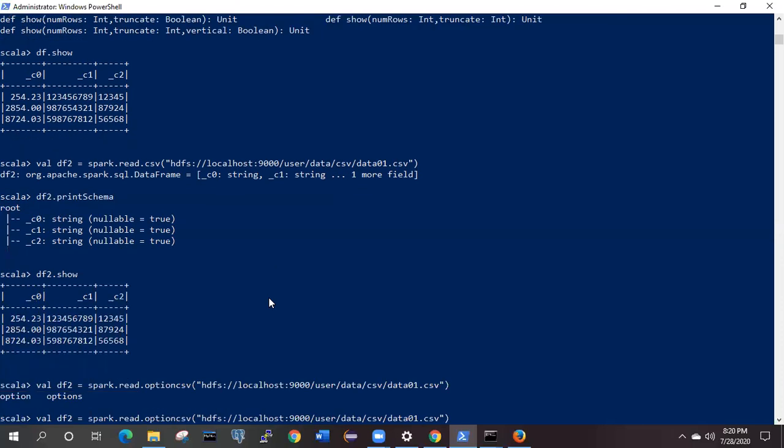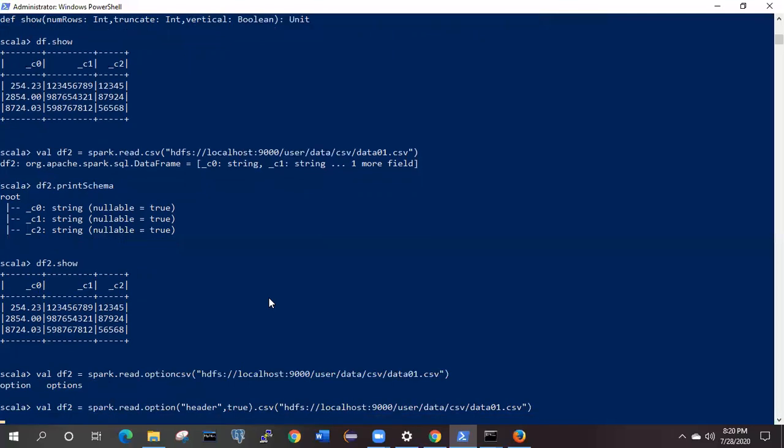So we are going to use option, and here we need to specify the values. What could be the values of this one? The basic value will be header. We need to specify header over here, and then pass one parameter, whether true or false. That means whether the header is going to be loaded or not. So this is how the syntax will look.